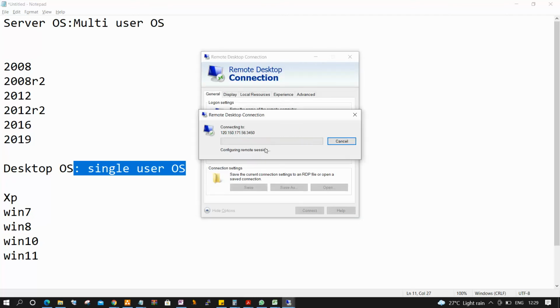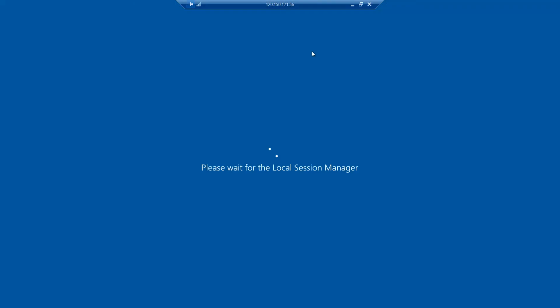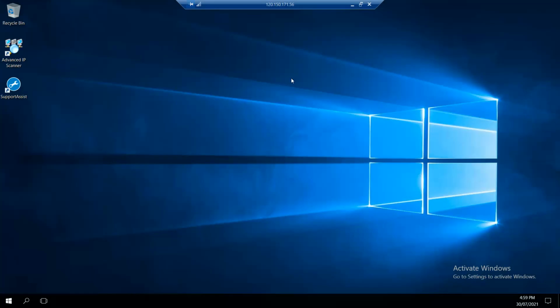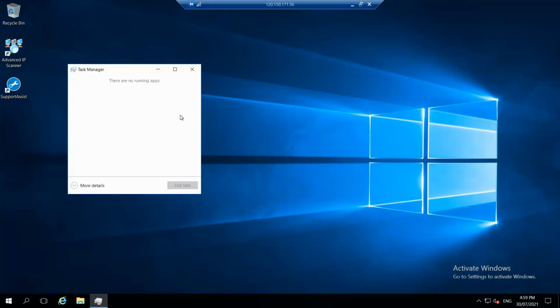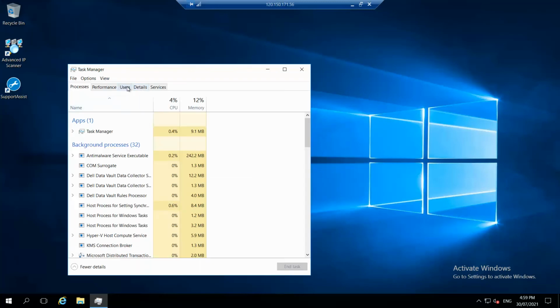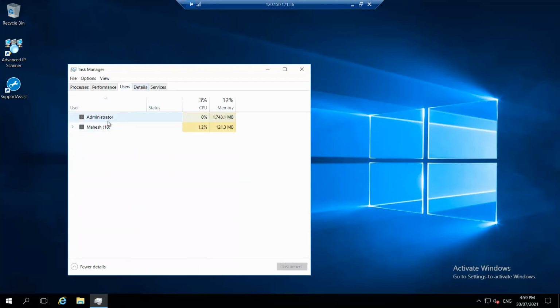Now I'm successfully able to connect to the machine. See, I'm logging in with the Mahesh ID. Go to task manager and you can check how many users are connected on this machine. Go to users, see 2 users are connected.